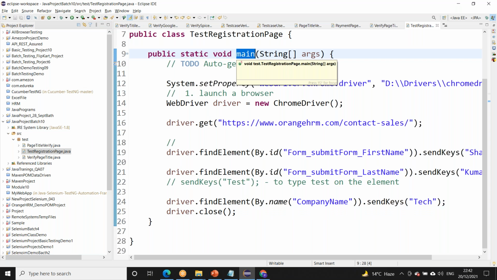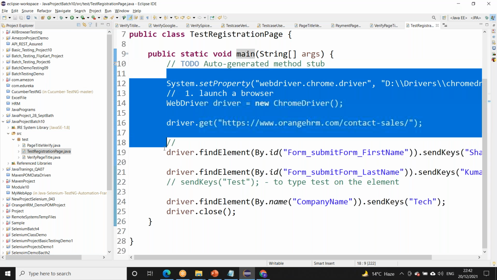Main is the method from where our Java program will start executing. That is how Java is designed: the main method is the starting point. So the compiler will look for a main method and execute its statements.